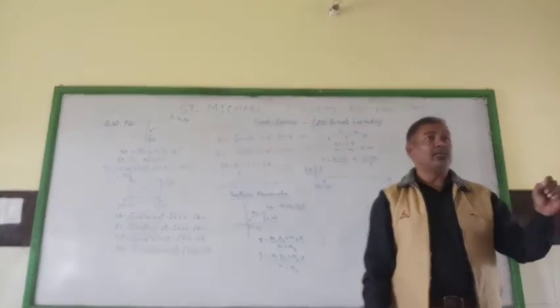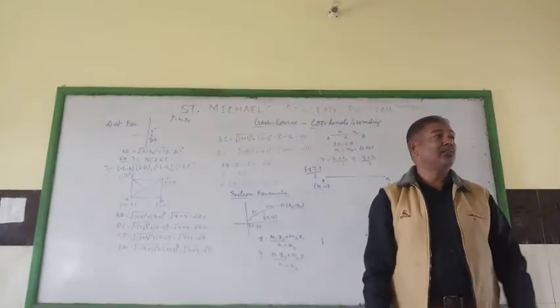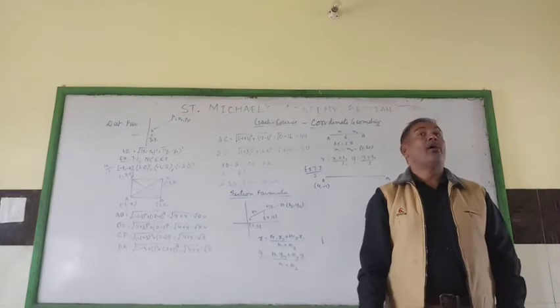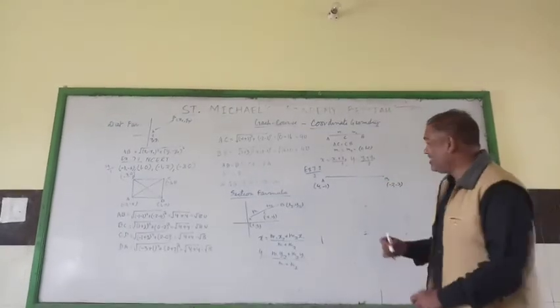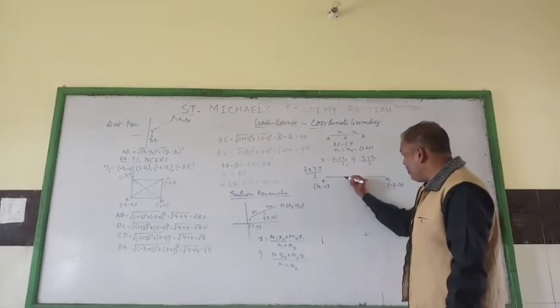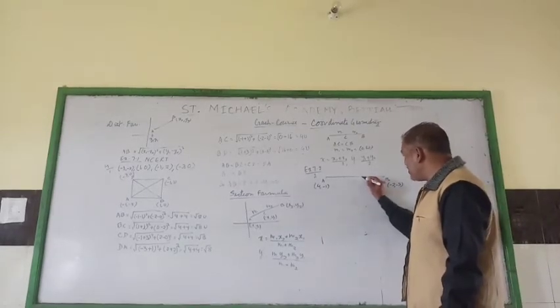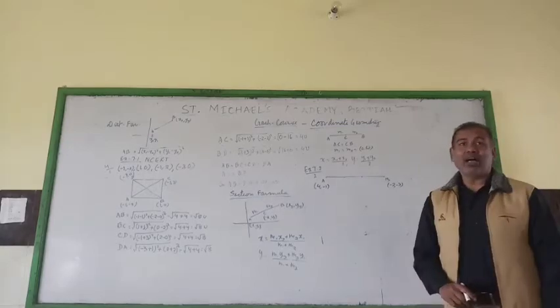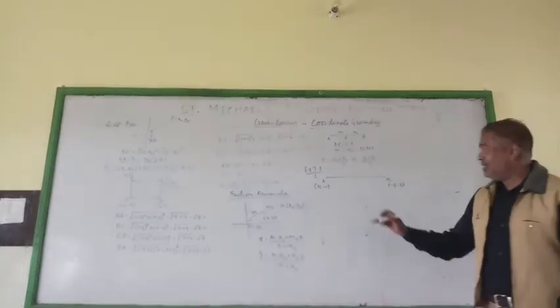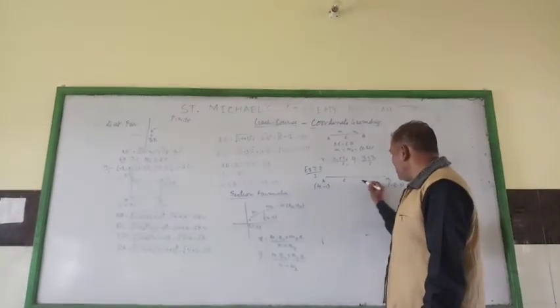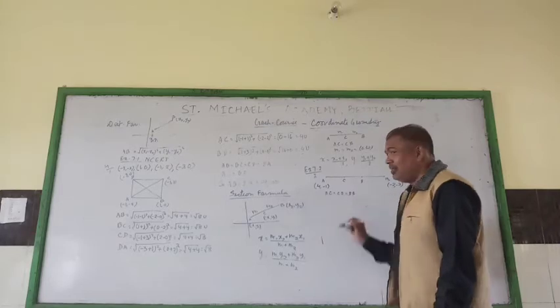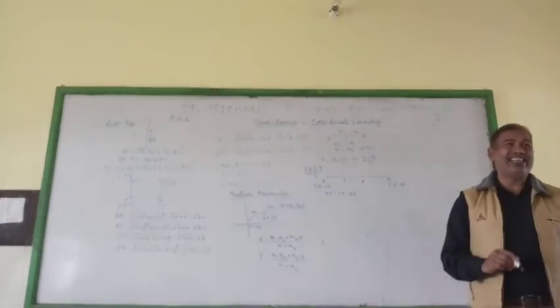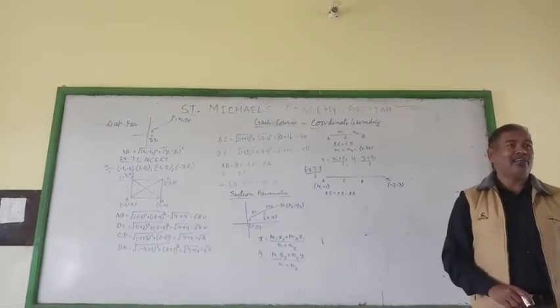तीन जगह इंटरसेक्ट करता हो. At what condition? Sir, all three parts are equal. Trisected means the point on the given line such that all the segments are equal. Suppose this point is C, this point is D, which means AC is equal to CD is equal to DB. This is the meaning of trisected.